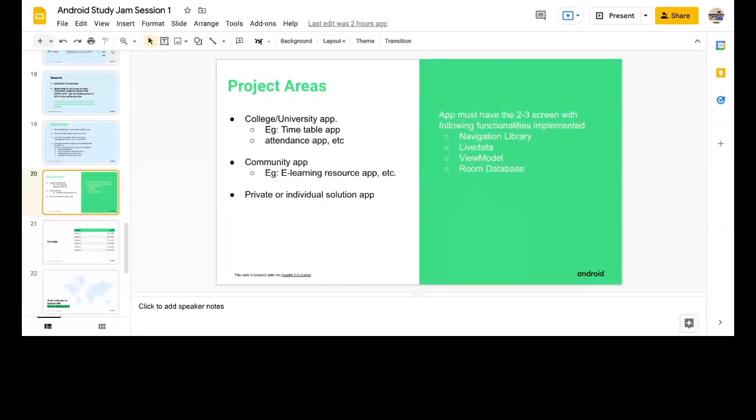Yogesh is asking, will the classes be held on Google Meet? That's totally up to the GDSC lead, whether she wants it on Google Meet, in person, or on this platform, maybe virtual.